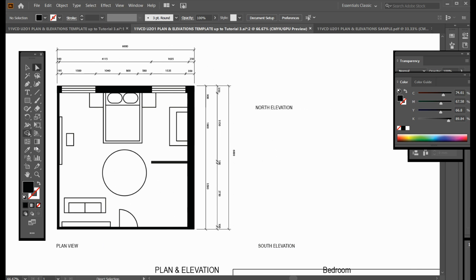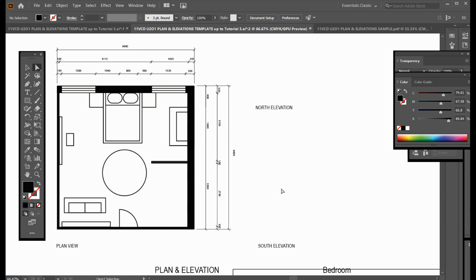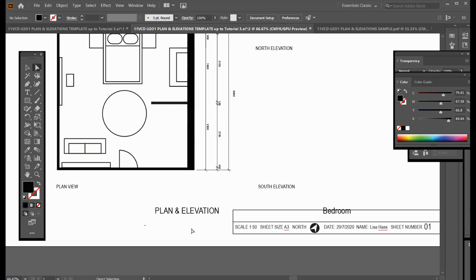And then we're moving on to the south and north elevation. So to look at the north elevation, we're going to stand down south, but we're going to be looking north. So that's going to determine our north elevation. And so what we need to do first is know what height the roof is going to be for the scale of our building, which is 1 to